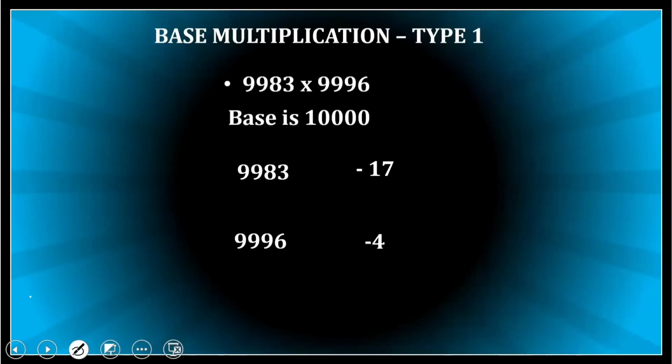So if I want to subtract, see, 9983, I want to subtract what? I want to subtract from 10,000. So how do I do it traditionally? I cancel this, I make it 10, and this is left with 9. I cancel this, it's left with 9. I cancel this, it's left with 9. And I subtract what? 10 minus 3 is 7. 9 minus 8 is 1. 9 minus 9 is 0. 9 minus 9 is 0. And this is the answer I get.